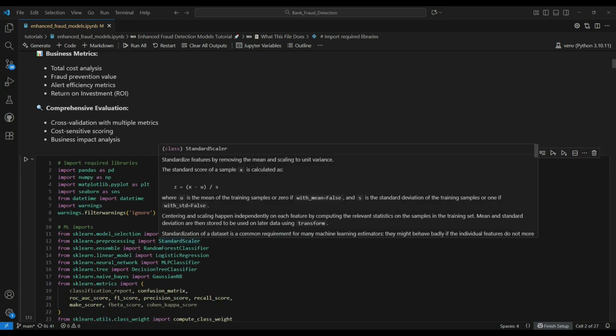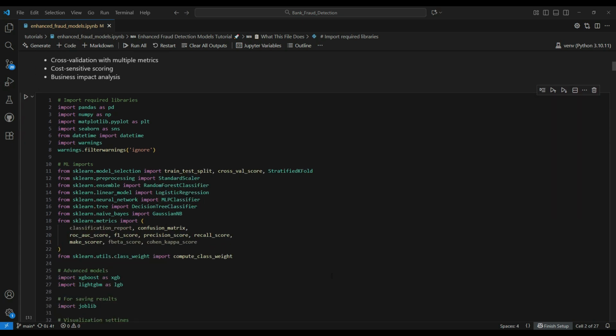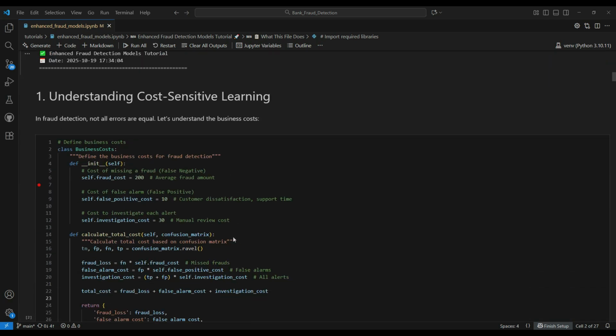Now let's import our libraries. Just notice we're importing XGBoost and LightGBM, two gradient boosting libraries that are industry standards. We're also importing cross-validation tools and multiple metrics. Now let's look at